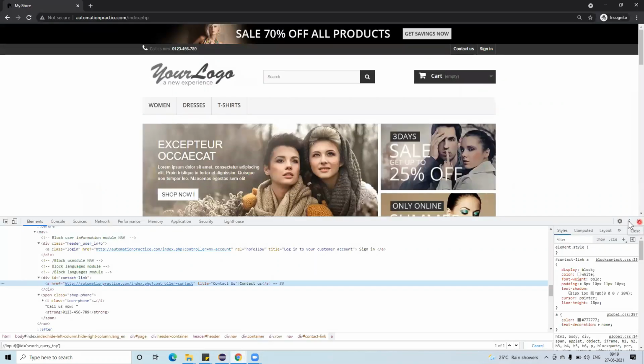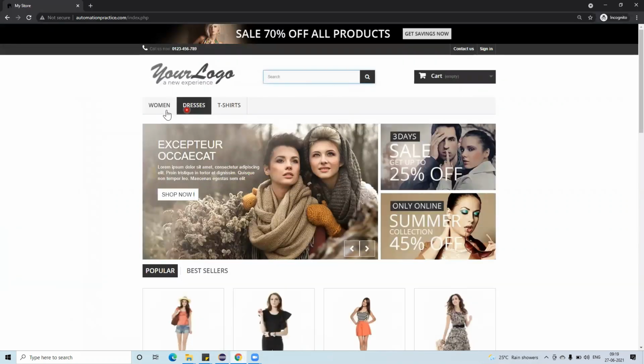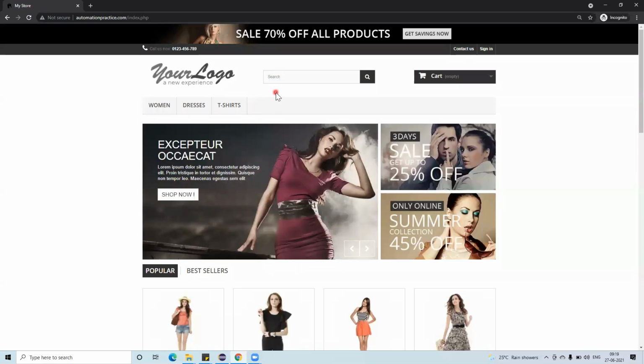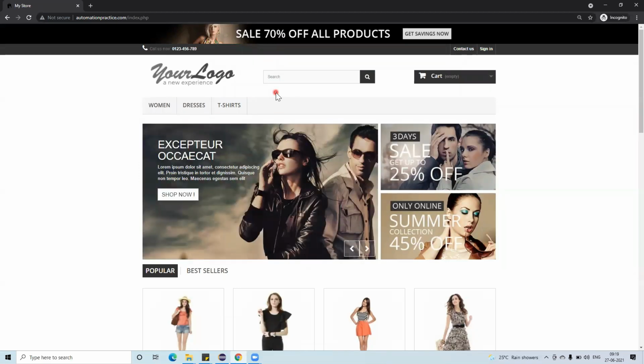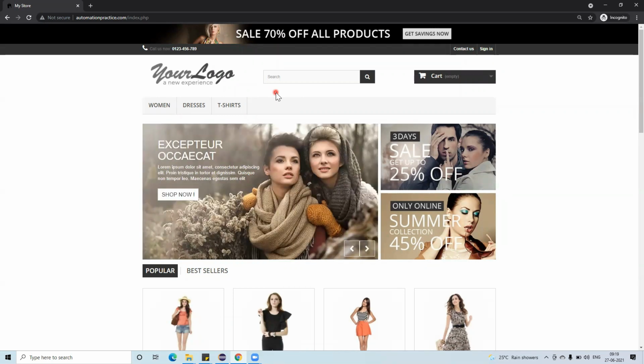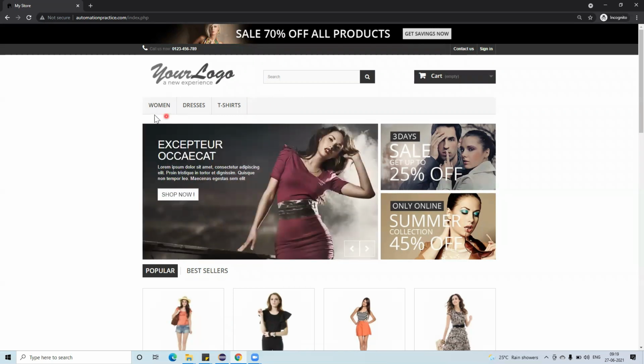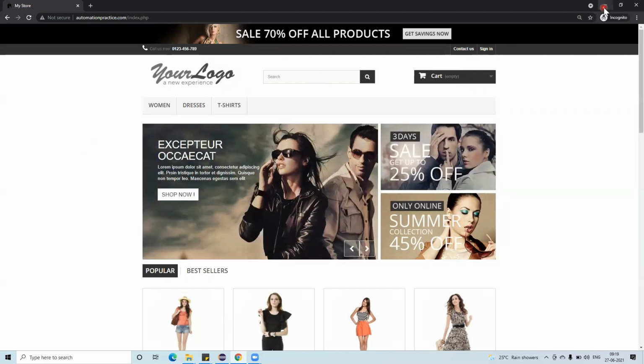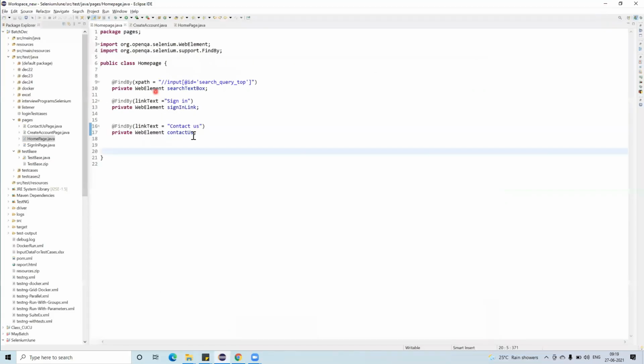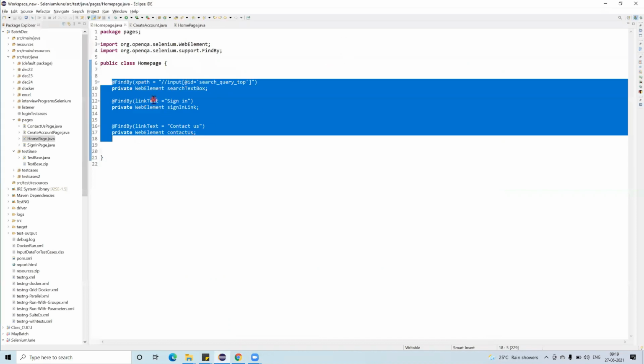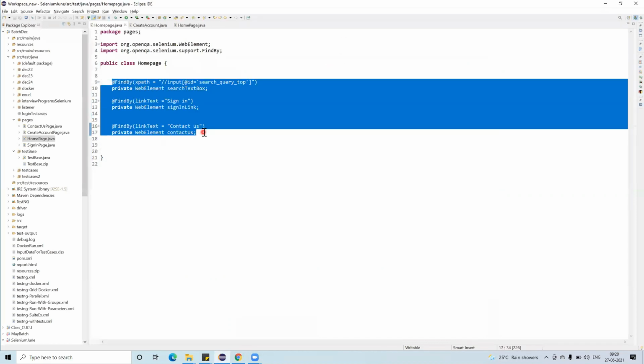We actually have a lot of things. This is a button here. All these things we have to do in real time. What we have to do is create the XPath, or else link text or ID, whatever it is, so WebElements for all of these things. As of now, I have taken only three. So now what I have to do is create the